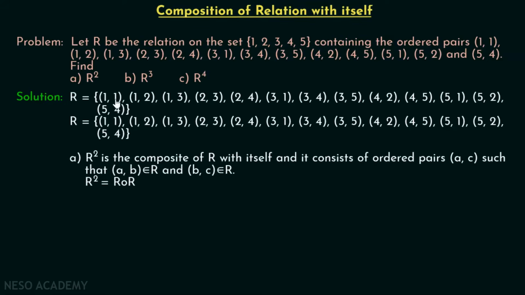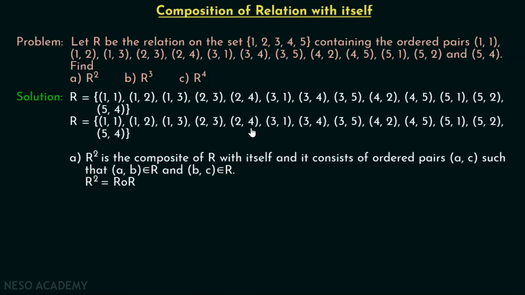And if we compare the first ordered pair with the fourth ordered pair, then you can see that the second element of this ordered pair is not matching with the first element of this ordered pair. Therefore, we cannot include it in relation R o R. Now we can compare the second ordered pair with this ordered pair. You can see that this second element is matching with the first element. Therefore, we can include (1, 3) inside relation R o R. And the ordered pair (1, 3) is already included in R o R. Therefore, there is no need to include this particular ordered pair.